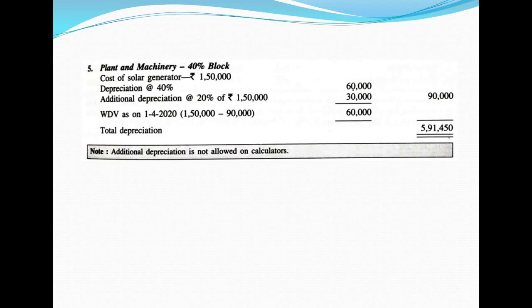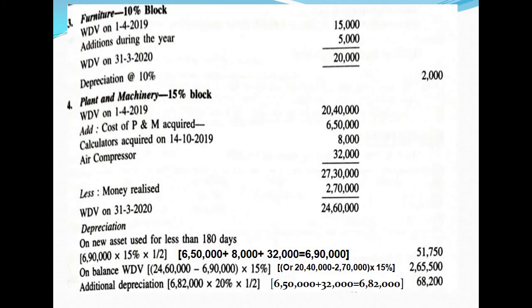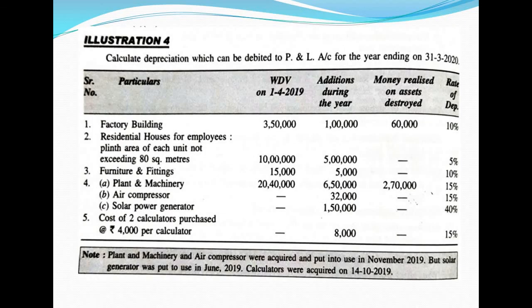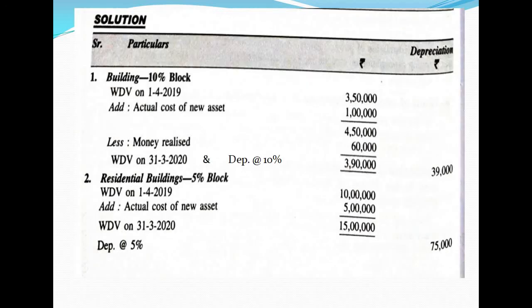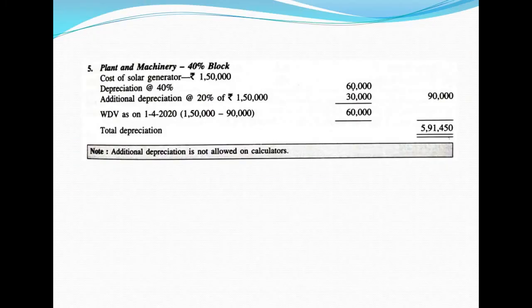So number 5 is plant and machinery, 40% block. Now this is the solar power generator. You can see there's no opening balance, only the addition during the year, that is 1,50,000, and the rate of depreciation is 40%. Now if you look at the solution, it says that the cost of solar generator is 1,50,000, then normal depreciation at the rate of 40%, that is 60,000, and since it is newly acquired and it has been used